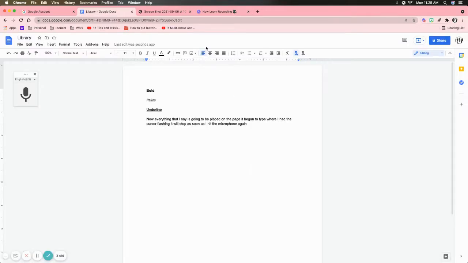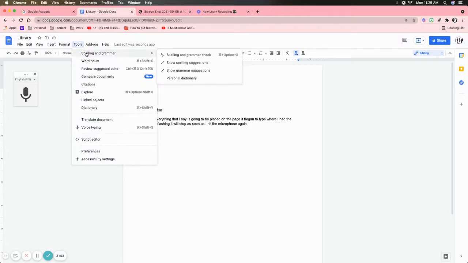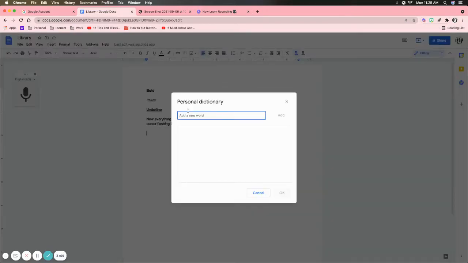The fourth thing is how you can personalize a dictionary. Often when we are working, you might be typing names or the name of a business, the name of your own name or your children's names, and maybe it's spelled a different way, and the dictionary is always finding that. So what you can do is you can go again to Tools. This time I'm just simply going to go to Spelling and Grammar, go to the last one, which is Personal Dictionary, click on that, and now I can add something to the dictionary